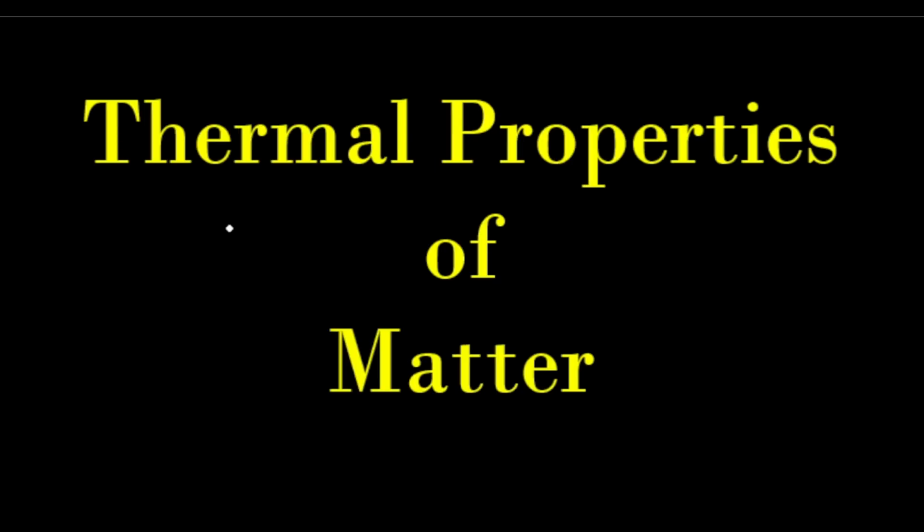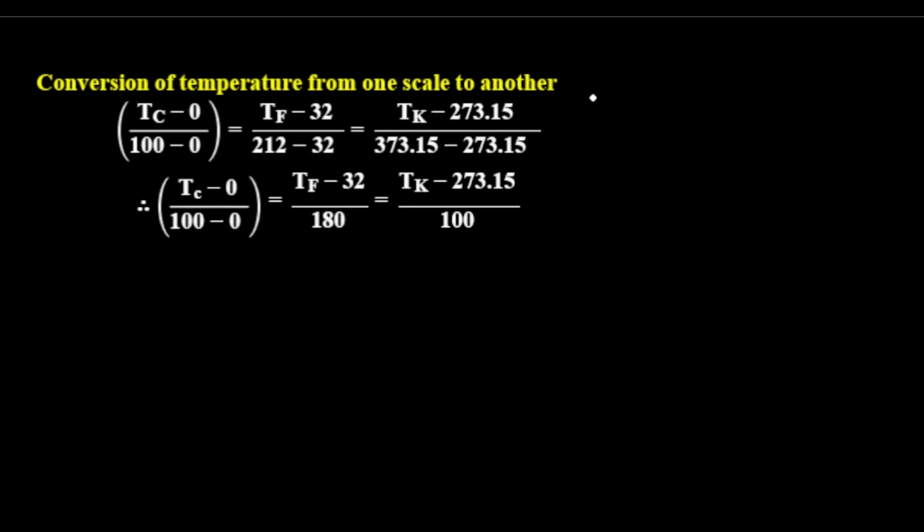Let's begin with thermal properties of matter. So, conversion of temperature from one scale to another. This is the basic one which we need to know. Over here everything is given: (Tc - 0)/100 = (Tf - 32)/180 = (Tk - 273)/100. This is how the change can be done. F is for Fahrenheit, K is for Kelvin, and C is for